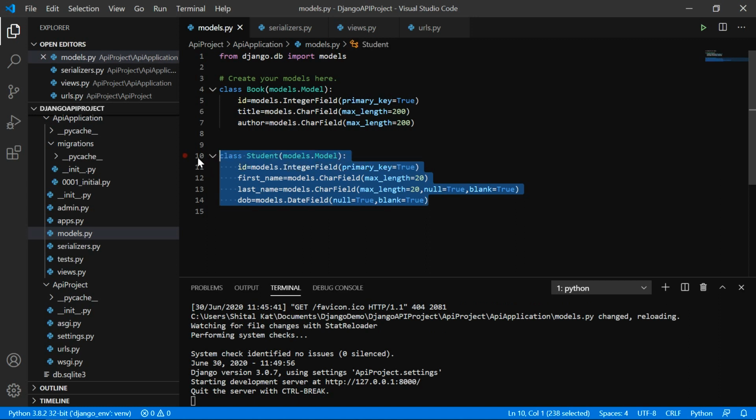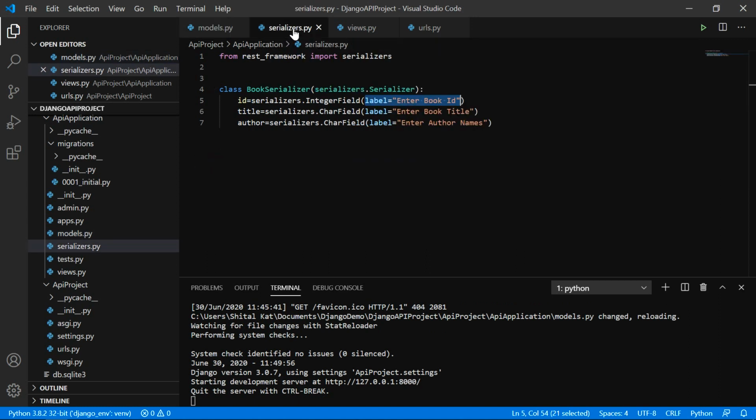We'll move to the next step, serializer. This is slightly different. While creating serializer, we extend class by serializer.ModelSerializer.